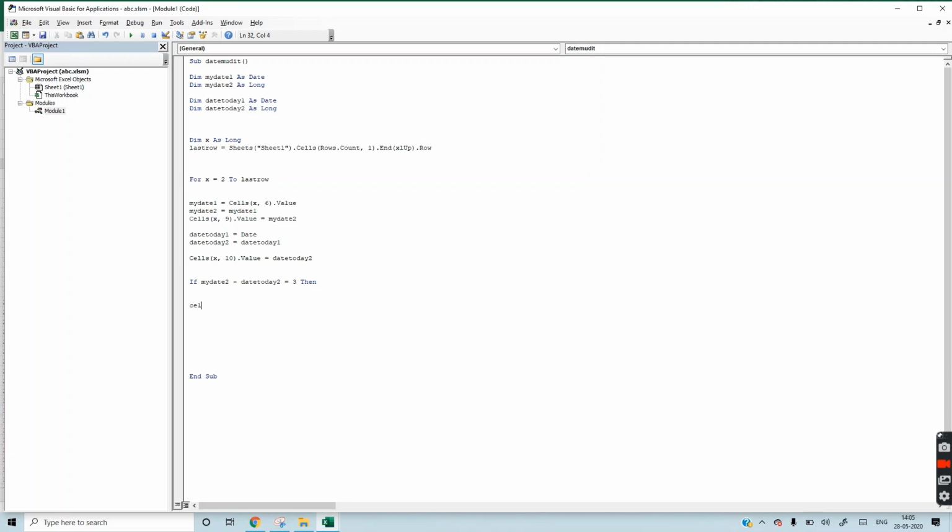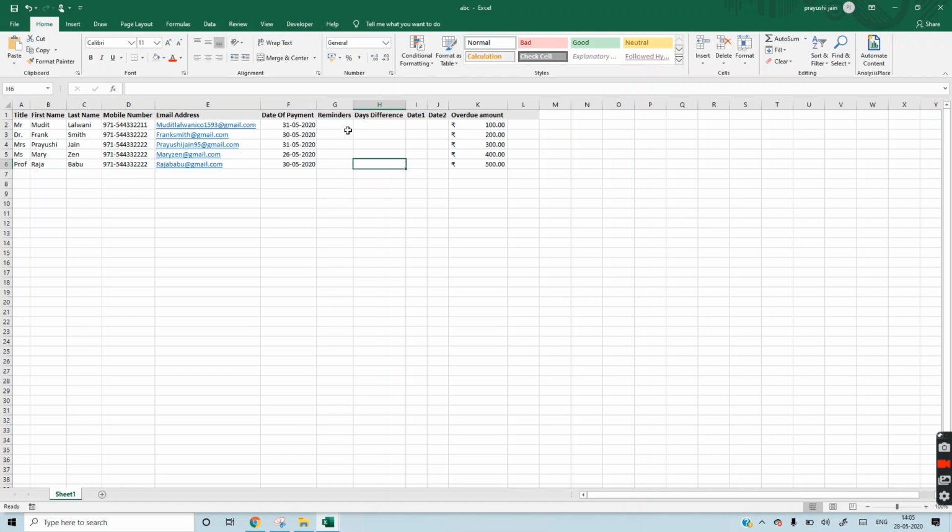Then Cells(x, 7). We have taken the 7th column before, whatever we want to do in the 7th column: 3, 4, 5, 6, then this is the 7th column.